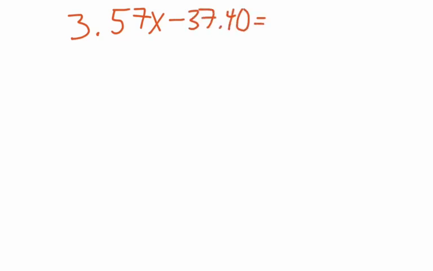All right, let's take a look at another example. So say we have 3.57x minus 37.40 equals 0.23x plus 8.32. And I tell my students this all the time, that math is really consistent,